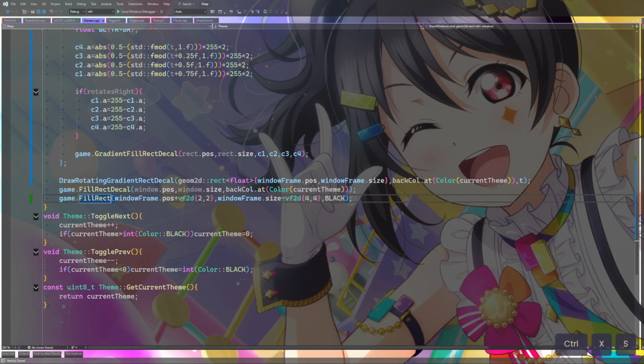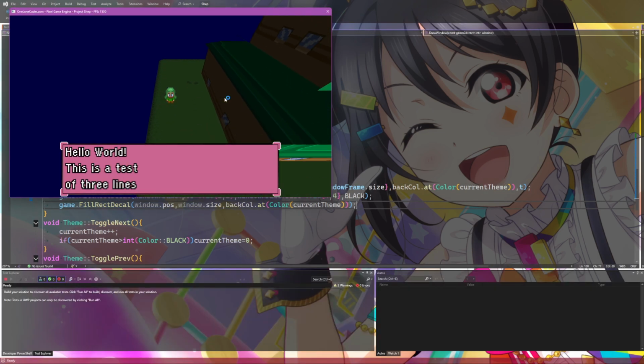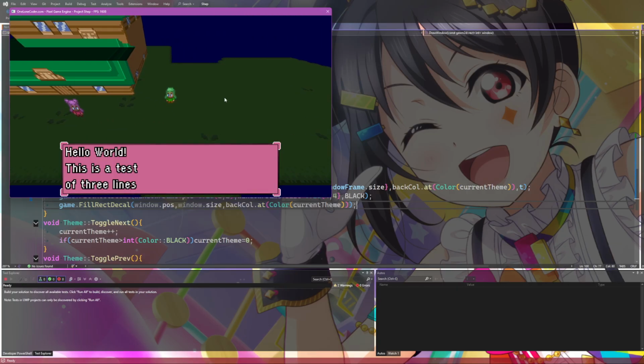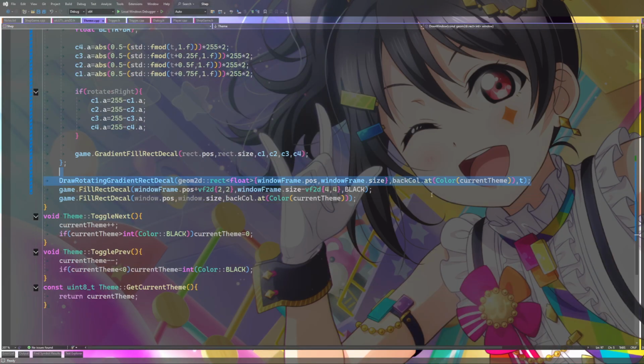Oh, it's supposed to be an outline. Either that or I need to do it here. Alright, how are we feeling about this one? Pretty good, I think. I like it. Maybe I want that one to be gradient. Let's try that.